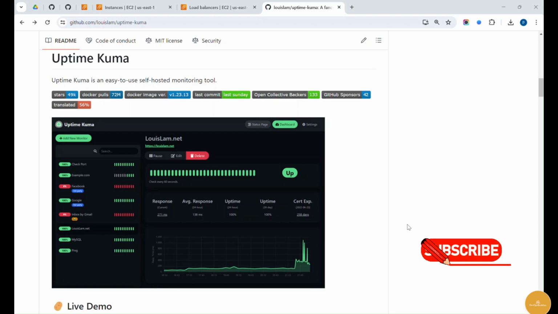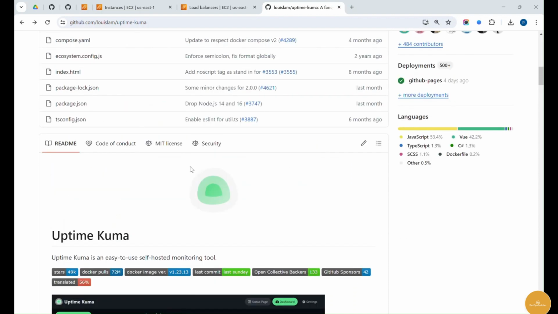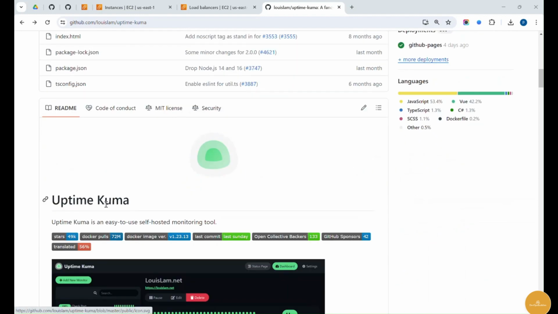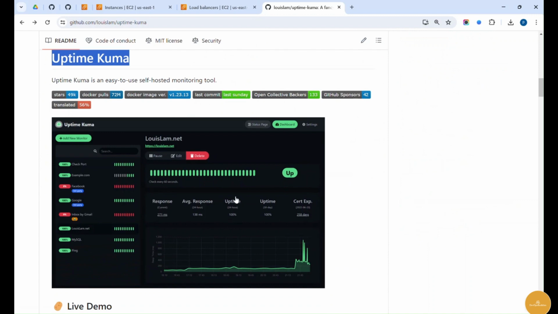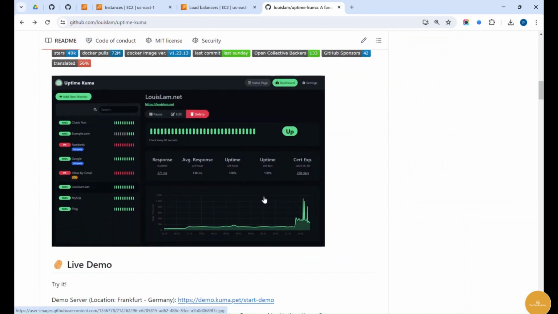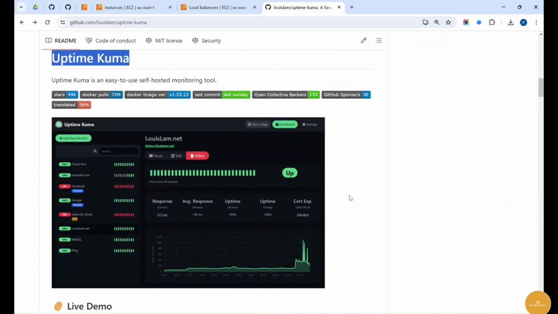So in this video, we are going to learn a tool called Uptime Kuma, an open source self-hosted monitoring tool. We'll explore the advantages and use cases of Uptime Kuma in this video. Uptime Kuma is a self-hosted monitoring tool which we can deploy as a simple Dockerized application, even